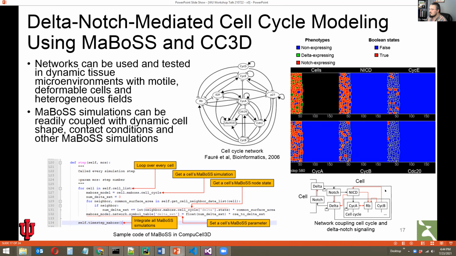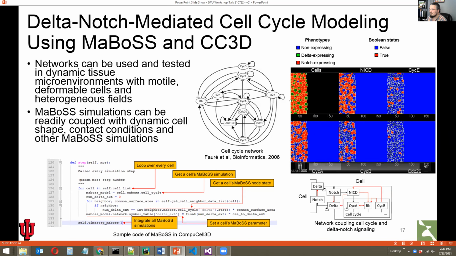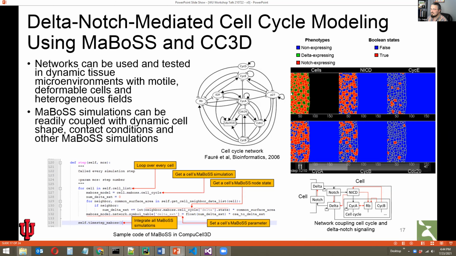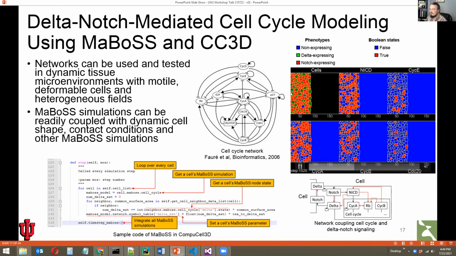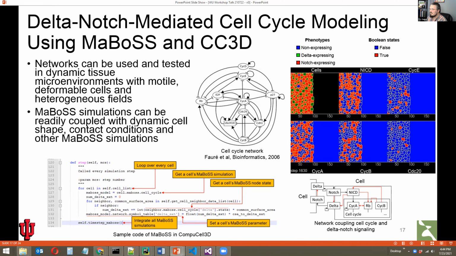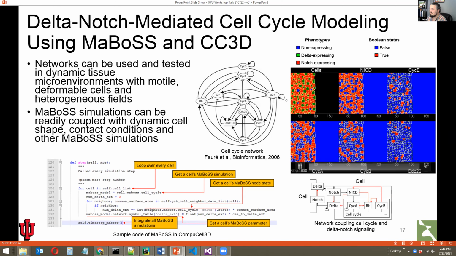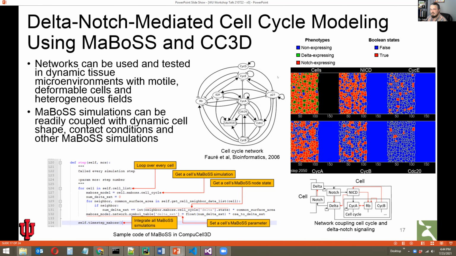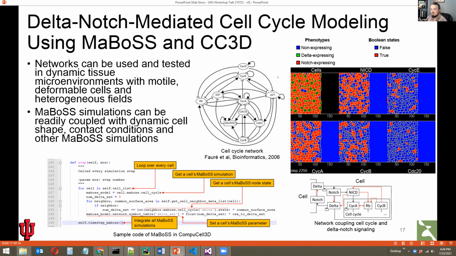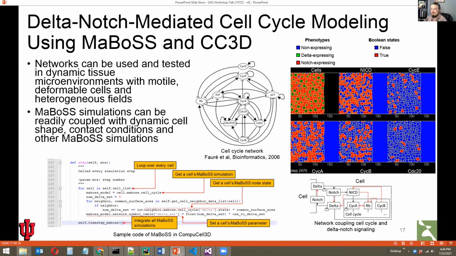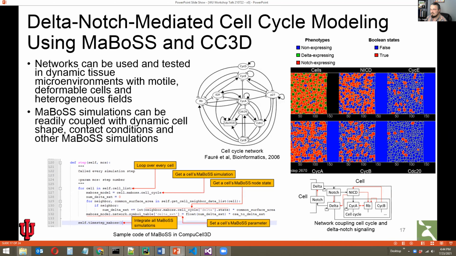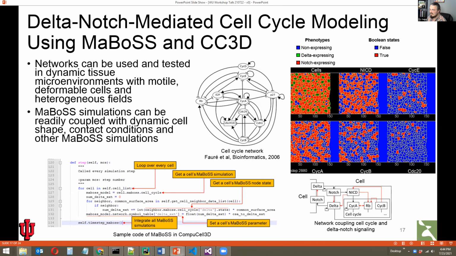And that is known to be coupled with the cell cycle. And so you can see different spatially resolved aspects having to do with that, like expansion during mitosis. You can see the characteristic feature of delta notch signaling with patterning, where delta and notch signaling will have to resolve to where you don't have 2 delta expressing cells in contact.